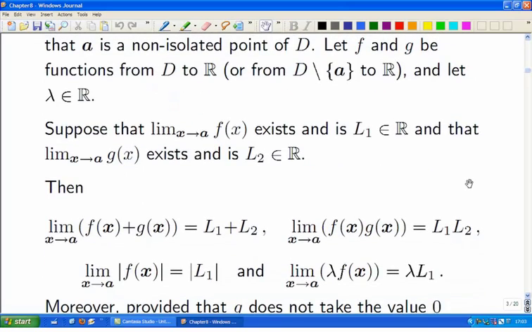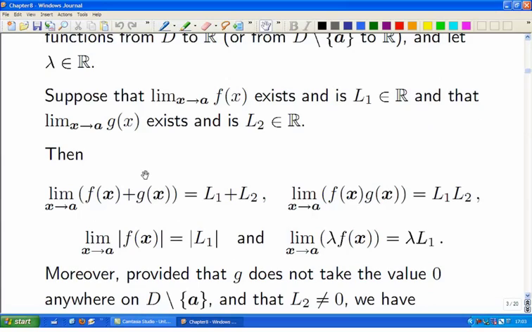So we had f of x tending to L1 as x tended to a, g of x tending to L2 as x tended to a in your domain D. And you wanted to check that all the things you expect happen to f of x plus g of x, f of x times g of x, modulus of f of x, constant times f of x, and they all do work, and they all work for the same reason. With the definitions we're working in,